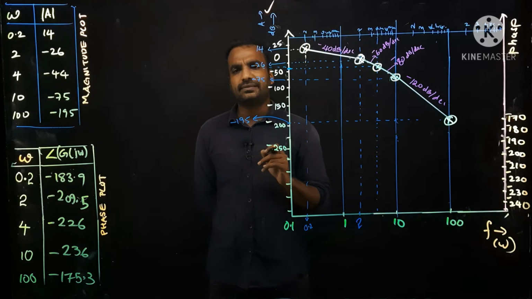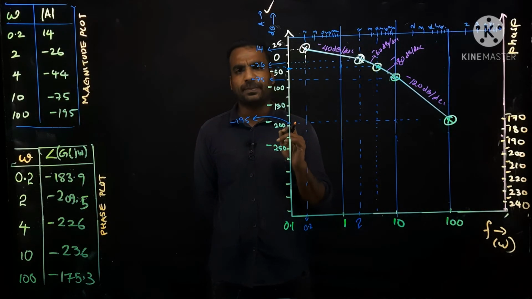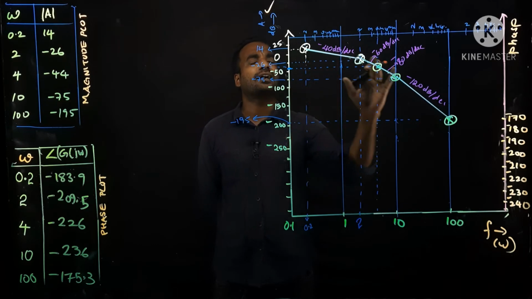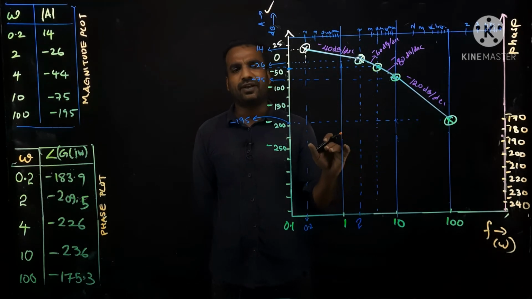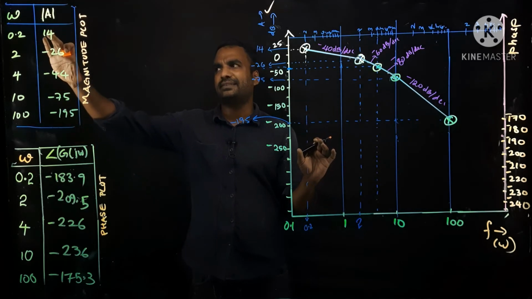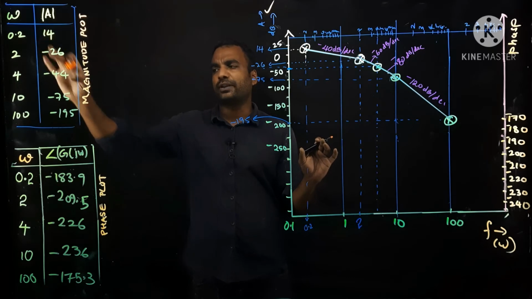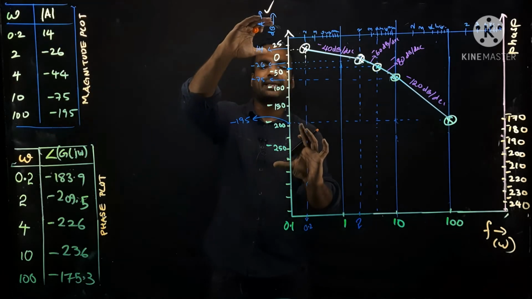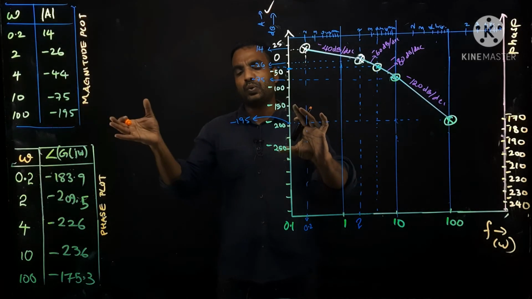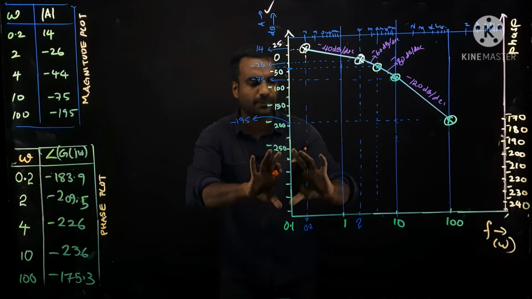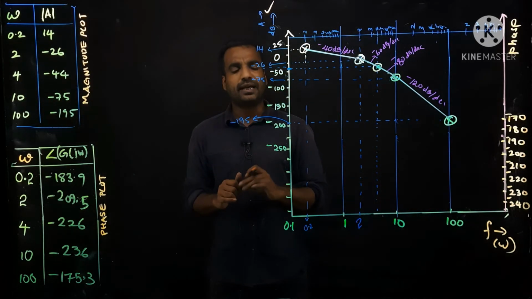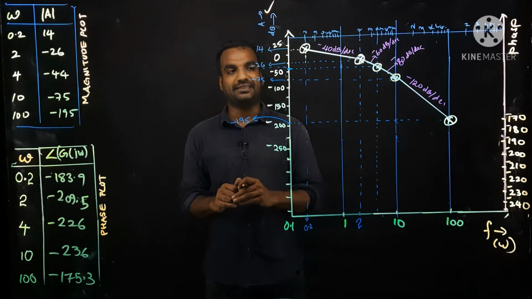So please note this point, or please take care about this point, that it is better if both the graphs are not overlapping. That's why I know that the majority of the magnitude plot area is coming from plus 14 to minus 195, and I have taken the scale in order to leave some space under the magnitude plot, so that I can draw the phase plot in that space.